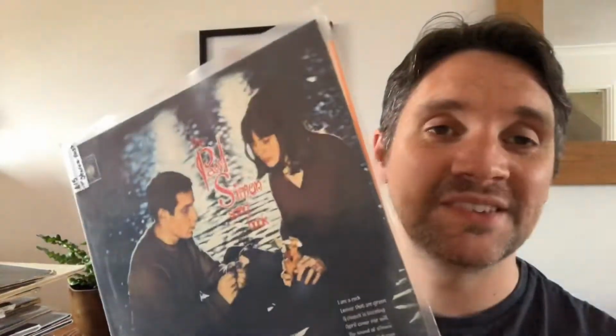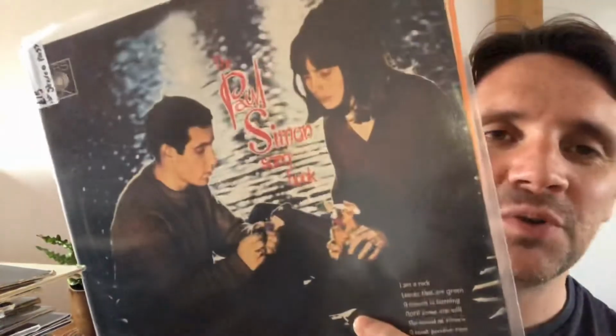So I've got a few of these. I'll get through them as quick as I can because time is ticking on. We have Paul Simon Songbook, his first, I was going to say unofficial solo album maybe. What happened, right? They had the first Simon & Garfunkel album. It bombed and Paul went off to England to learn his trade on the folk scene and released that solo